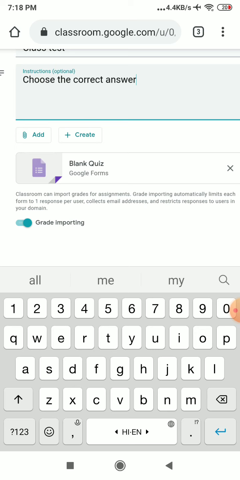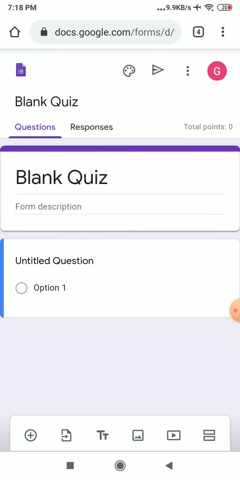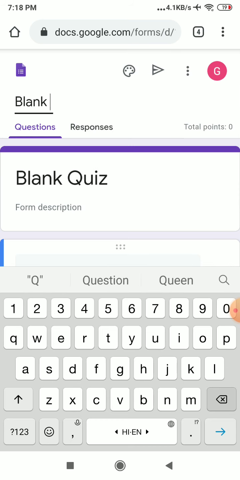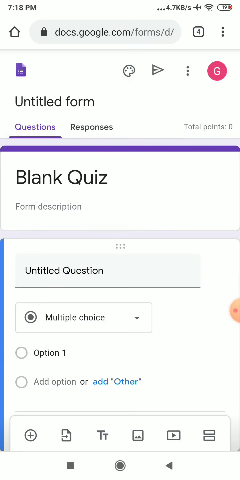So add, create and blank quiz. Out of these 3 I am selecting blank quiz because it gives us the opportunity for creating an answer key also. So I am selecting blank quiz. Thereafter, after selecting it, you see one interface, blank quiz, is coming, and this blank quiz is to be renamed, and I am giving the name, that is class test.